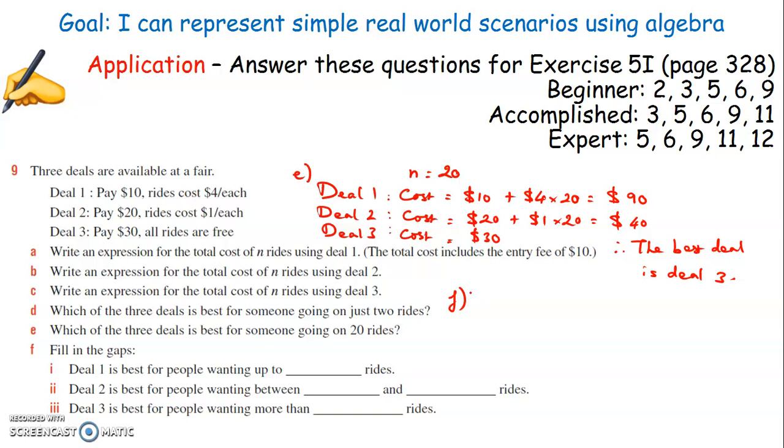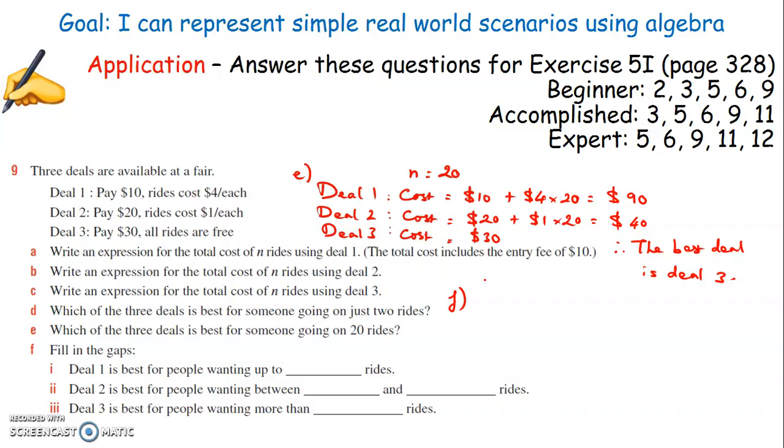And then finally we have F. It says for us to fill in the gaps. So deal 1 is best for people wanting up to how many rides there. And then deal 2 is best for people wanting between some amount and some amount of rides. And then deal number 3 is best for people wanting more than 30 rides. Okay, so